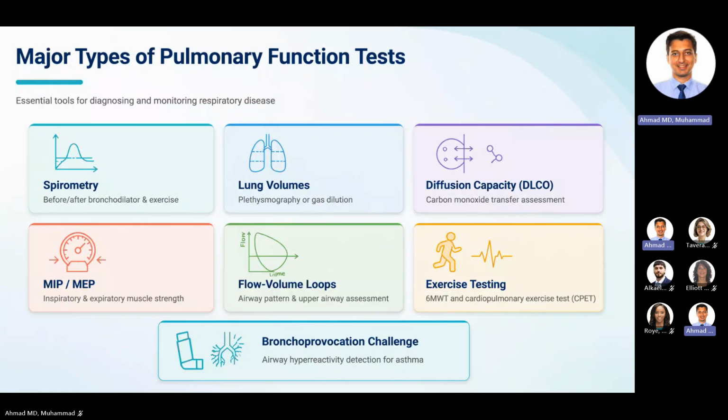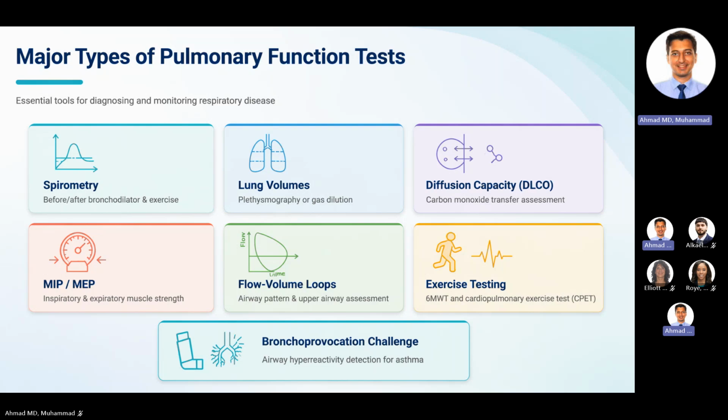So the main types of pulmonary function tests are spirometry, before and after bronchodilators and with exercise, lung volumes, which can be detected through gas dilution or plethysmography, which you don't need to know, diffusion capacity of carbon monoxide, the maximum inspiratory pressure, which determines the strength of your lungs, your ability to breathe in, and your lung capacity, your maximum expiratory pressure, which determines your ability to cough up secretions, the flow volume loops, which we will go into,